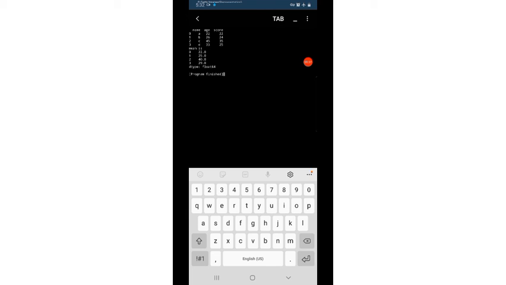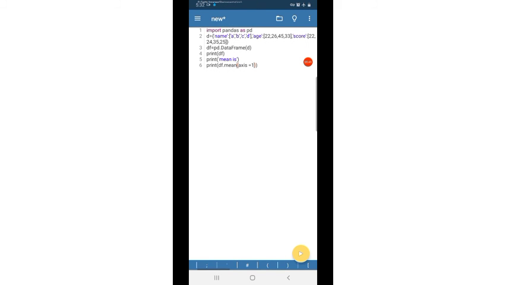Here we have given axis equal to 1, so the mean will be the average of 22 plus 22 by 2, that is 22 itself. So the mean is the average of all the columns.